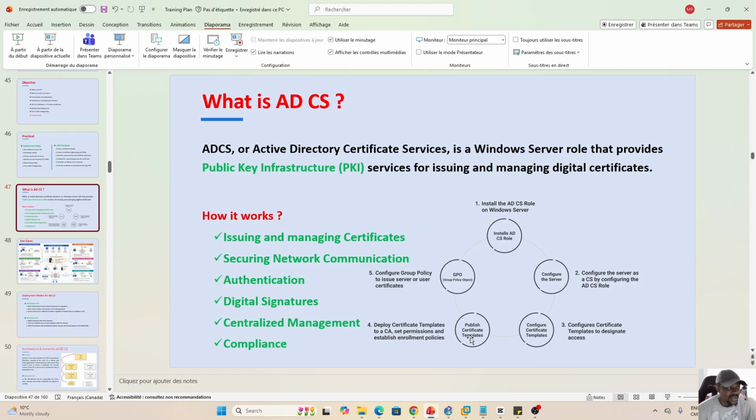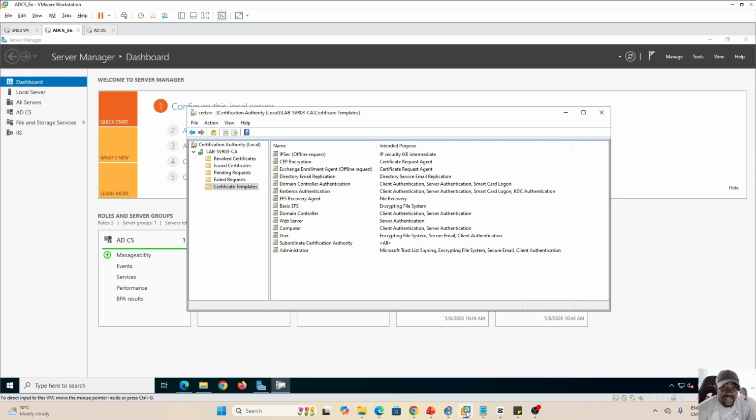can be a user, a client, a workstation or a server, and they can request those types of certificates. The requesters can also be network devices like switches and routers. So in this step, we actually need to configure templates and publish them. Before publishing the templates, let's jump directly to the